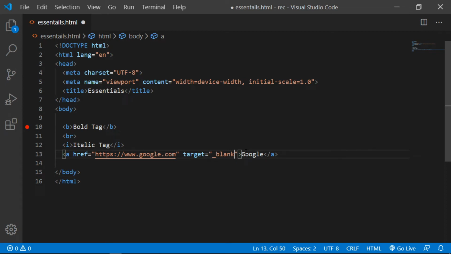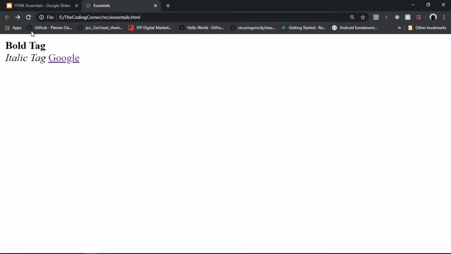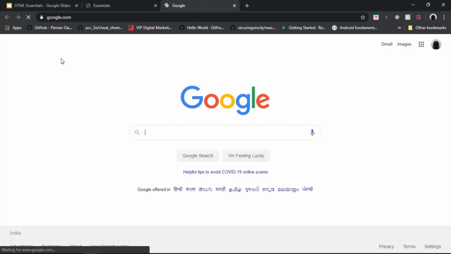Self is set by default whenever you are typing in a reference. So for opening your website in a new tab, you have to set the target to be _blank. Alright, so I'll hit save, and in the browser I'll reload it, and as you can see it opens up in a new tab.